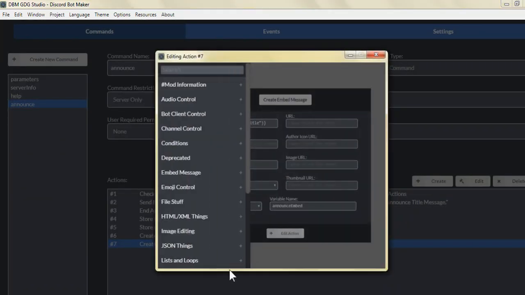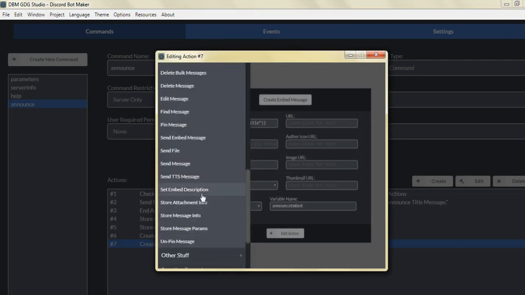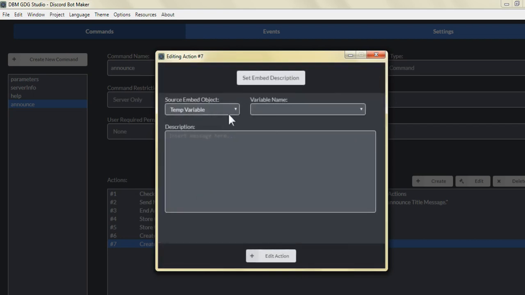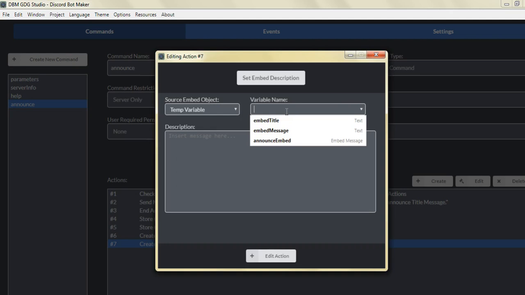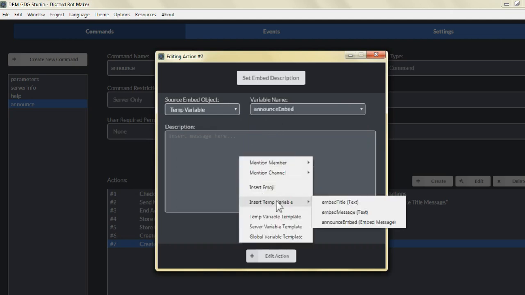Create. And we're going to change that to messaging. And we're going to put set embed description. And in the variable name, we're going to select the announce embed, because that's where we want to put the description, or set this embed description into the announce embed that we created in action number 6. So from there, in the description, we can just go ahead and right click, insert the